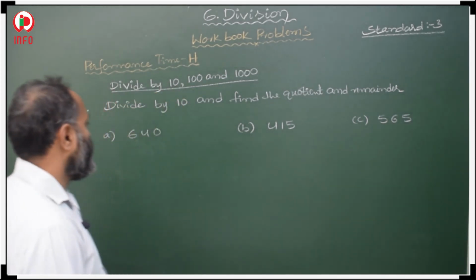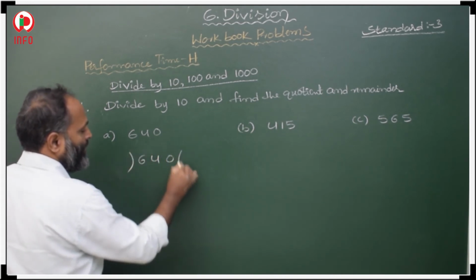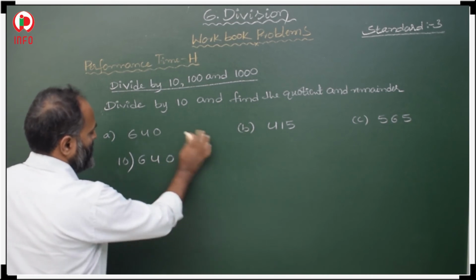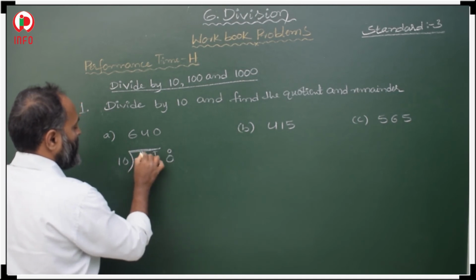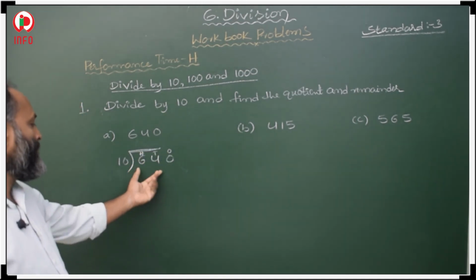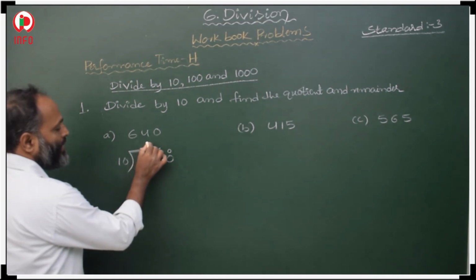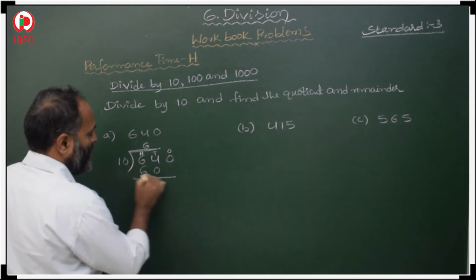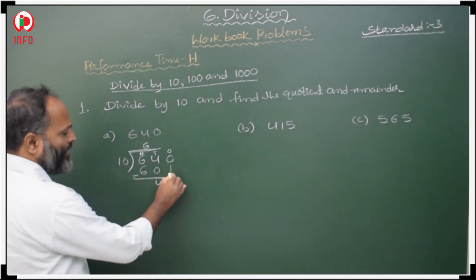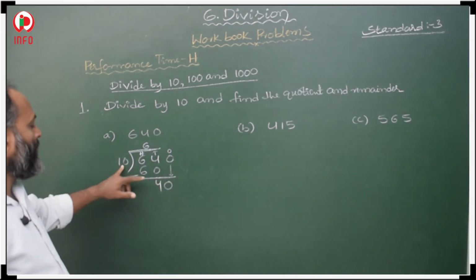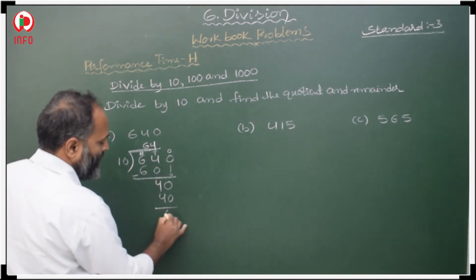Okay. So then how to do this? See here, 640 divided by 10. First this is the ones place, this is the tens place, this is the hundreds place. This 6 is less, so we have to take these two numbers, 64. Then in the 10 table, when you get 64, 10 6s are 60, then minus: 4 minus 0 is 4, 6 minus 6 is 0, do not take that. Then after that copy this one. Then in the 10 table when you get 40, 10 4s are 40, the remainder is 0.